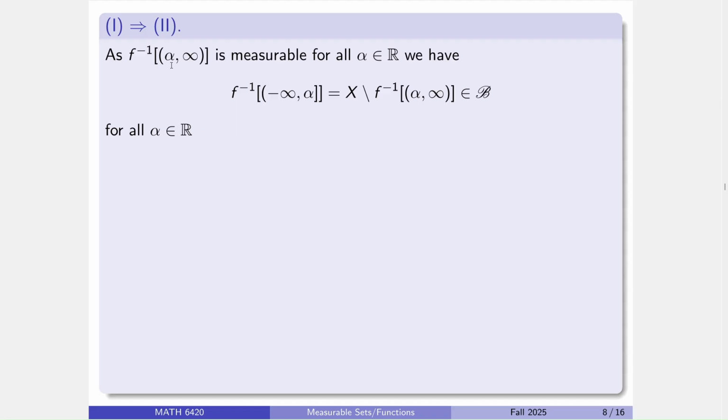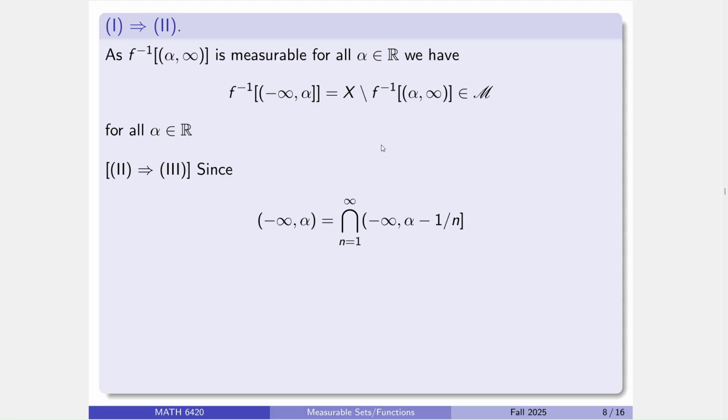Anyway. Alright, so if these are all measurable, then obviously the complements of all of them are measurable, so we're happy about that. Now, the tricky one is going from 2 to 3. So suppose that we knew that all the closed ones worked. Why do the open ones work? Well, they work because the open one is equal to a countable intersection of the closed ones.